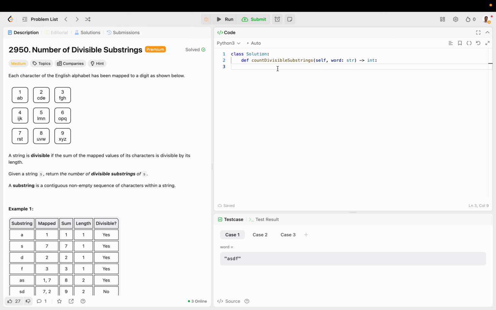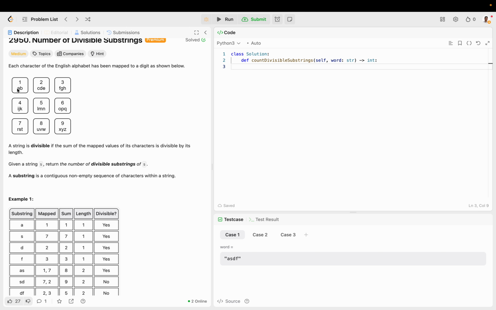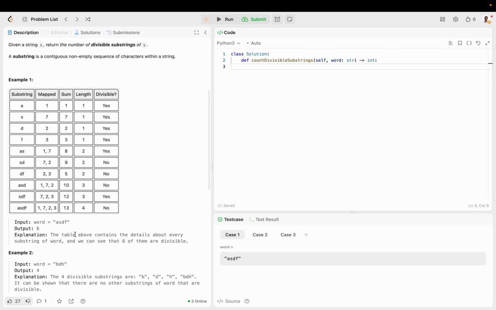Today, let's go over a medium question in the premium category that I just solved by myself after a lot of trial and error. This one is called number of divisible substrings. Essentially, you're given an integer to string mapping, meaning that letter A is 1, B is 1, C is 2, D is 2, E is 2, F is 3, G is 3, H is 3, and so on. And you want to count the number of substrings